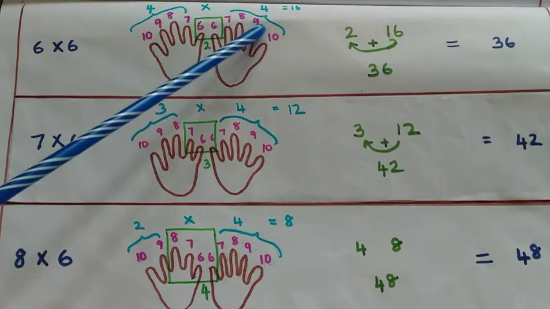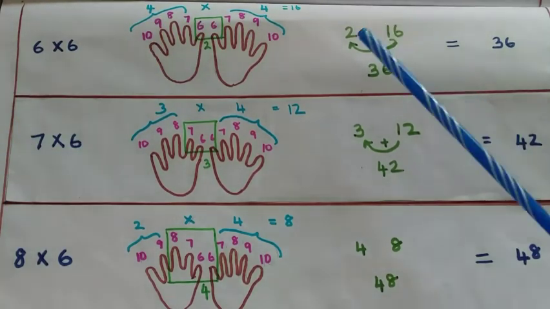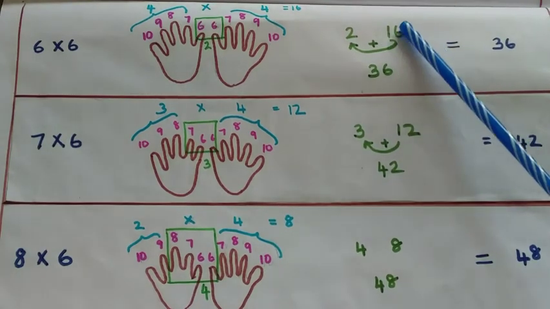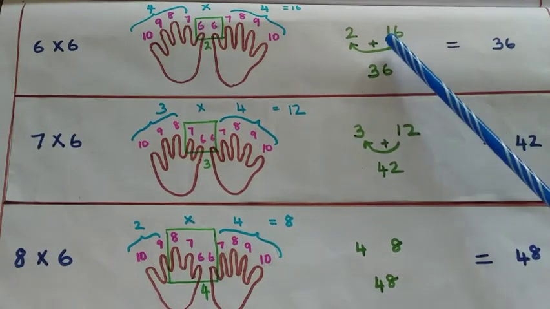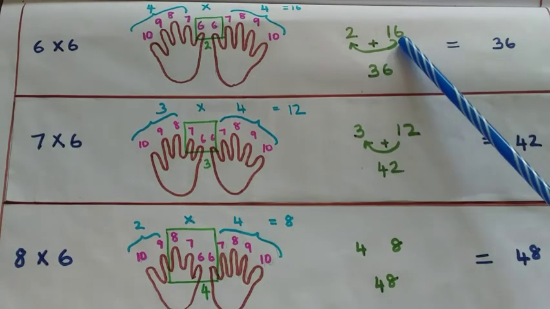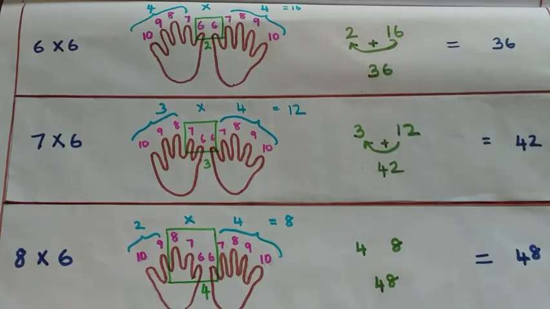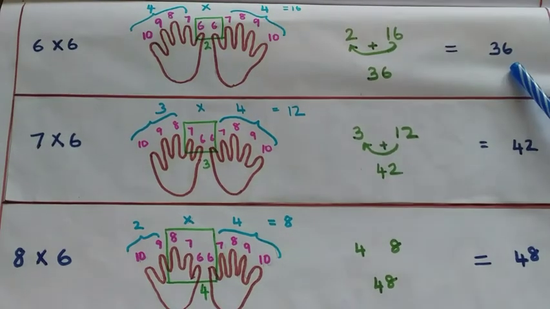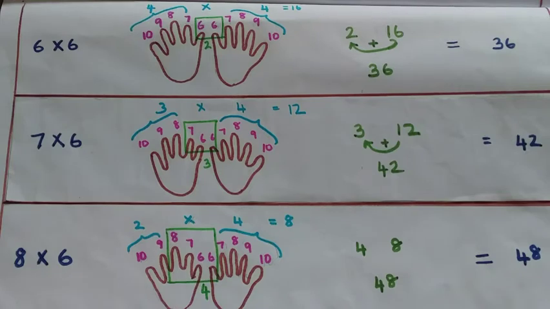You need to multiply 4 into 4, which is nothing but 16, which needs to be written here. Now since this is a 2-digit number, you need to add this 1 to this 2 to get 3 and you write down this 6 here, which becomes the result of 6 into 6, which is nothing but 36. Now when we see the rest of the examples as well, this concept becomes very clear and in a fraction of a second your child can answer easily.